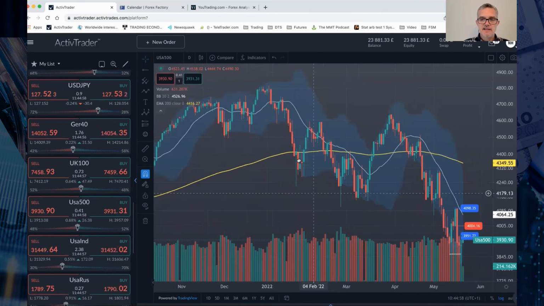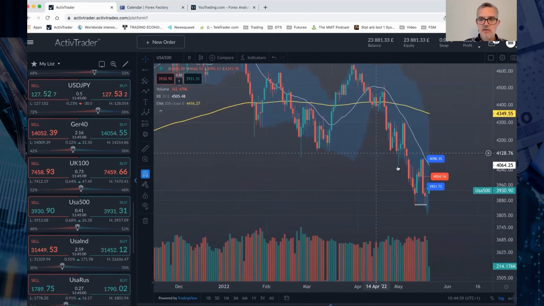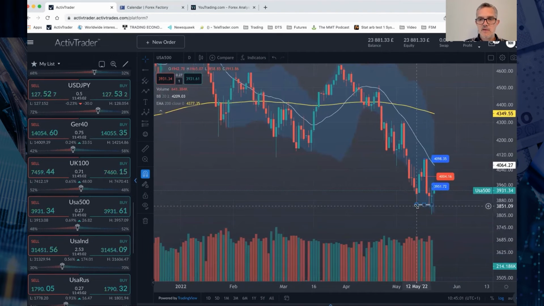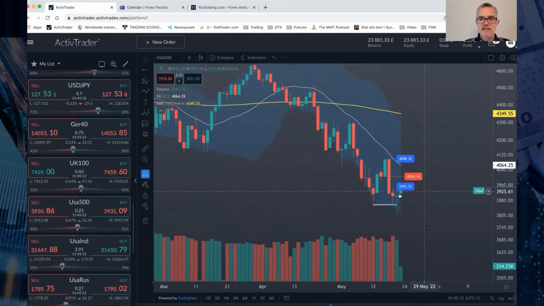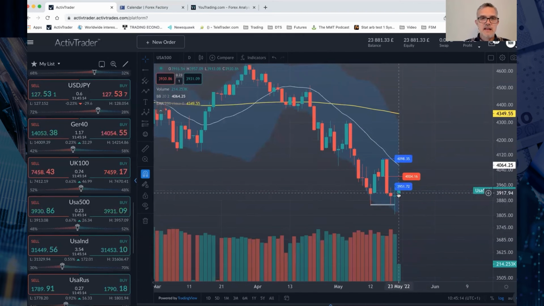The benchmark index last Friday dipped below the double bottom from the 12th of May and 19th of May. So on the 20th of May it dipped below, took out the liquidity below that, and closed essentially where we started the day. But today we're looking to see if we can actually get higher. The high here is 3957. The high from Friday was 3951. So we've made a new high. Just looking now to see if we can get up to the 4004.